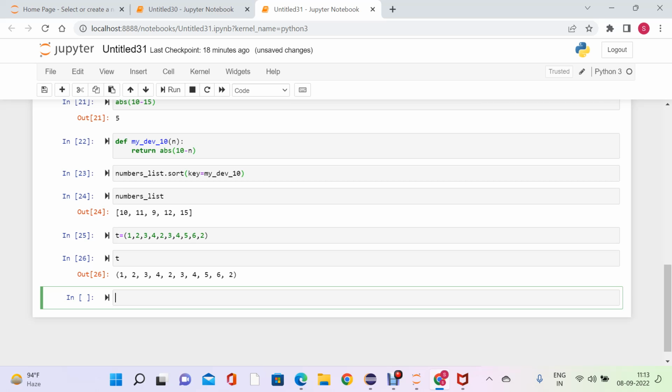I want to count how many times 2 is repeated in the tuple. See, a tuple is something which doesn't allow you to change its elements, right? We cannot change the state of a tuple. If we want to change it, there is a workaround: we can change it to some other element, and then assign the reference of that object to the initial object t. That is something we can do, but in that case we are